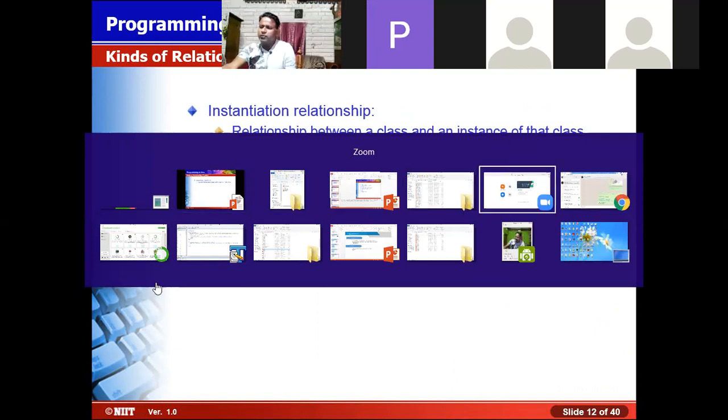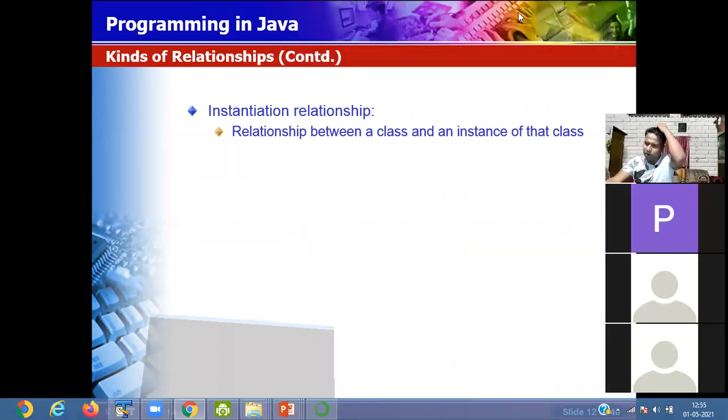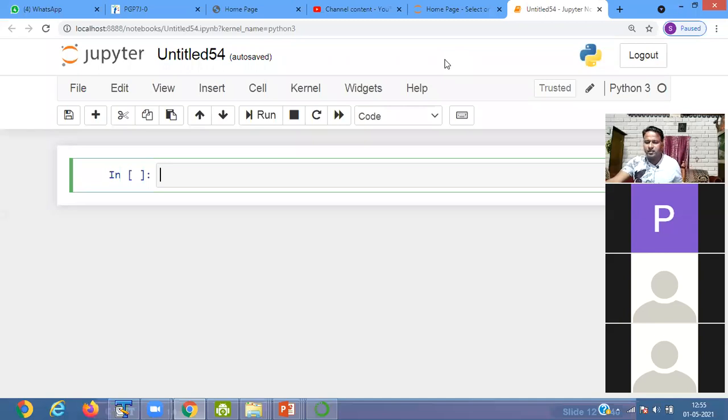So now I move to the program: how you have to define a class in Python.